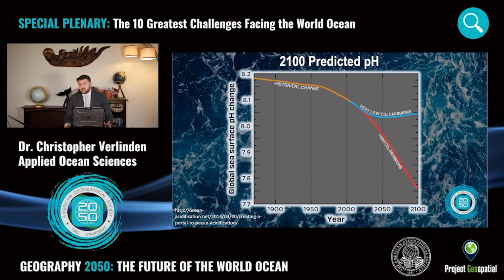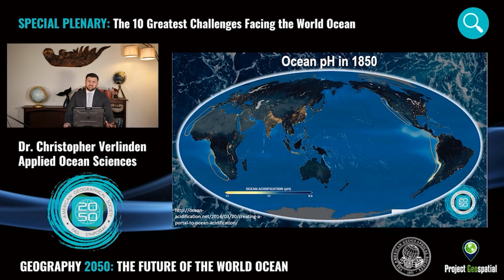There is, however, a silver lining to this cloud because from what you can see on the blue line, if we curb our CO2 emissions significantly, then we can stop and even reverse this trend, increasing the sea surface pH back to natural levels. Now, in order to see this more visually, I want to show you this plot of